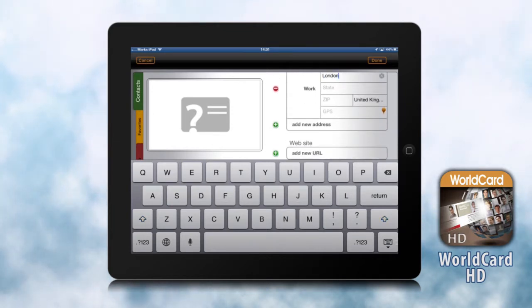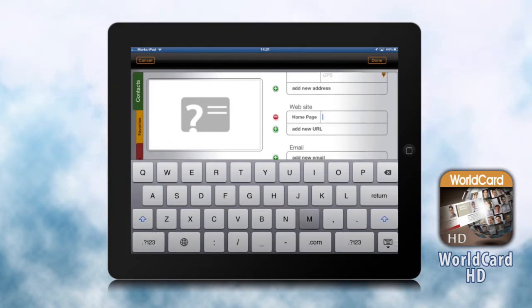And if I click this little symbol next to GPS, that would get my exact location right now and add that. So if you're talking to somebody in their business and you're like, can I just get your details? And you get their details and you're like, oh, I need their address. So you just click that and it'll get it for you. It's pretty cool. You can add a website, of course, so let's do